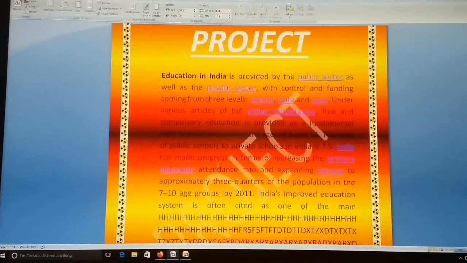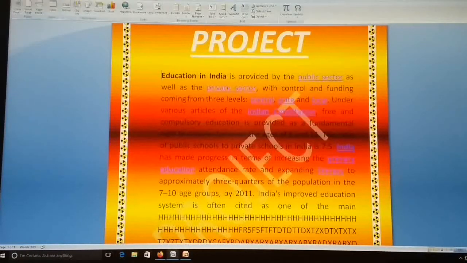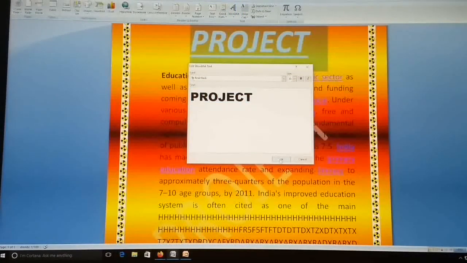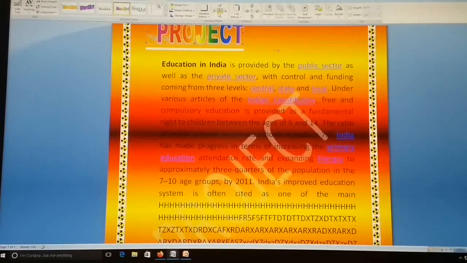Now we will add bullets. How do we add bullets or numberings? Click on the insert menu. In the insert menu there are many options, like word art, header, footer, smart art, chart, clip art, picture, table, anything. Just select your text, then click on word art, then choose any word art design, then click OK. So it will display.